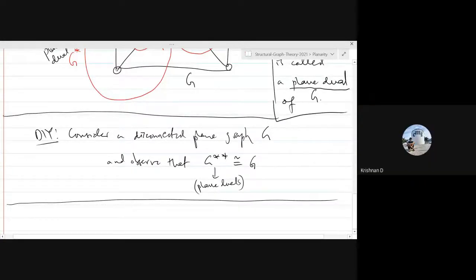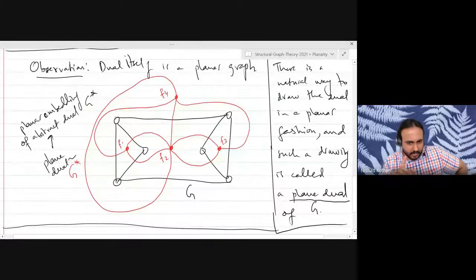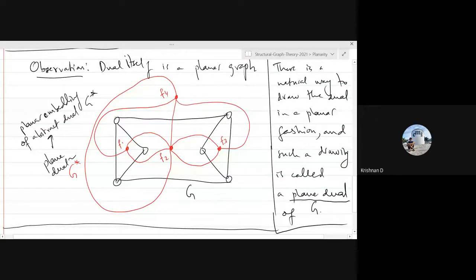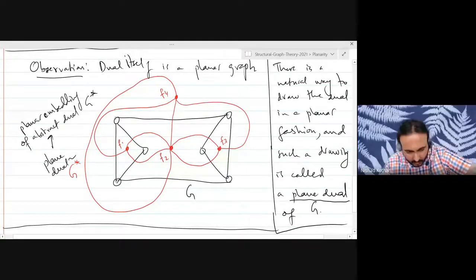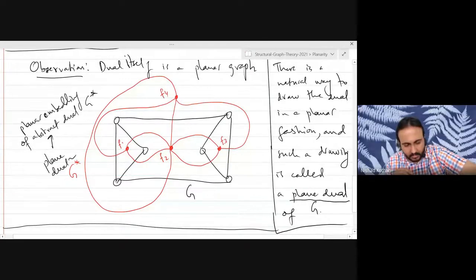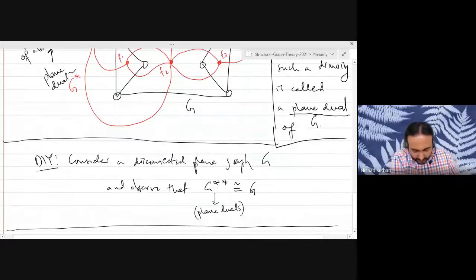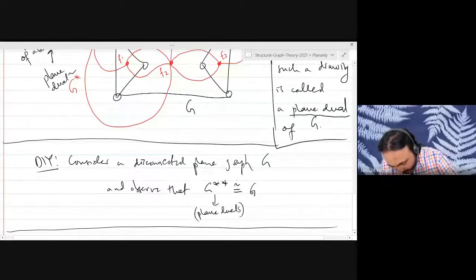Sir, can you show the plane dual? Sir, I think it will be not isomorphic too. Sorry, I think it was Krishnan who was saying something. Yeah, I asked you to show the plane dual thing. Yeah. Right, this one? Okay. Aranya? Yeah, no. Actually, you wrote a wrong statement. It will be not isomorphic at the end. I see. Yes, you're right. I meant to say not isomorphic. Thank you. Good.